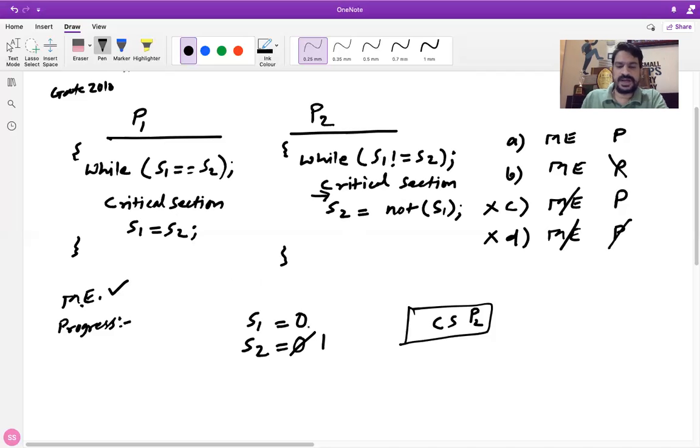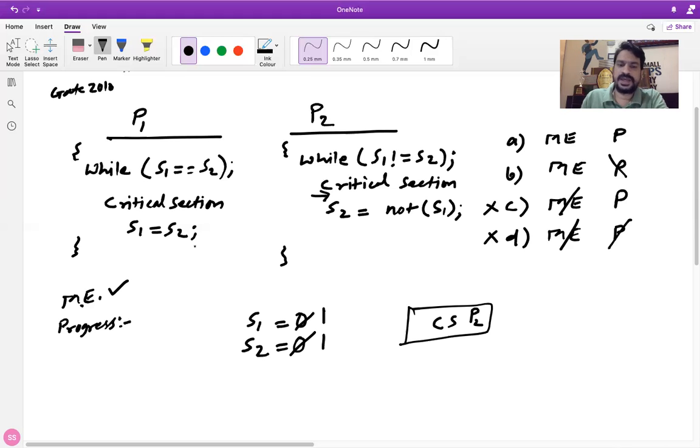if we have the condition 0 and 1 and we are executing P1, after executing P1, the S1 value will be updated to 1. If we have 1 1 after the completion of P1, and P1 again wants to go to the critical section, can we allow it? P1 is interested in going into the critical section, but because of the condition 0 and 0, it will be in a loop. It will be in a loop and never get the critical section, even though P1 is